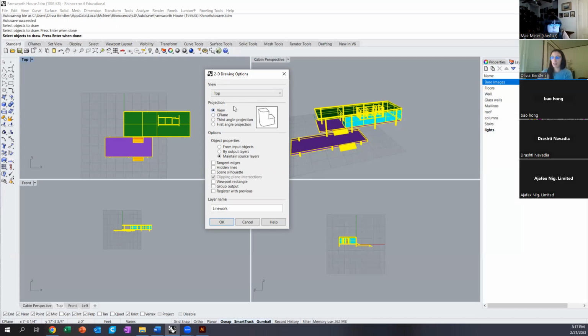By selecting View, that essentially means that you will always be creating a 2D drawing of the view you are currently looking at. So right now, you'll notice that my top view, which is highlighted blue and over here, is the current selection. So if I go ahead and hit OK,